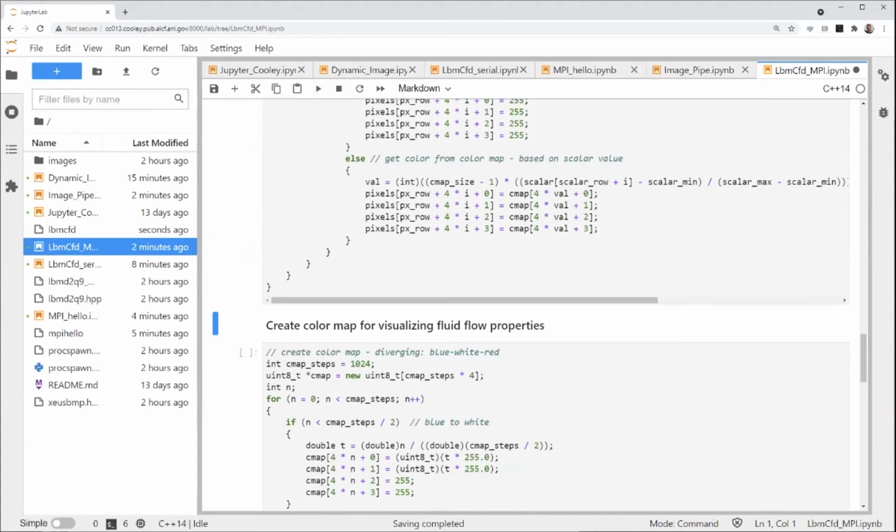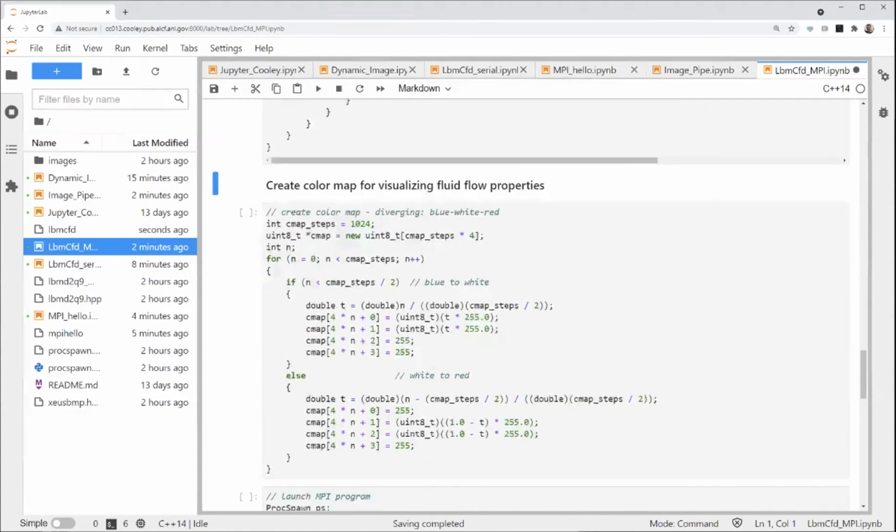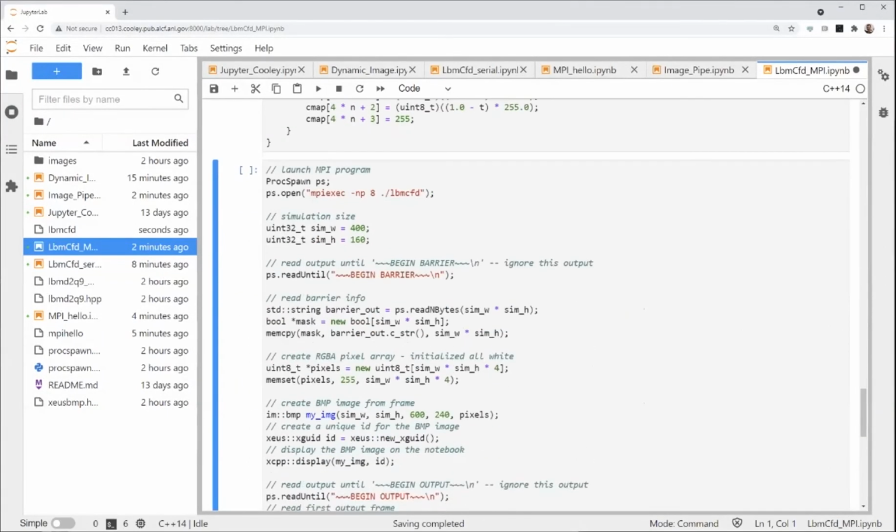The color map again is going to be that blue to white, white to red. And now the process that I'm going to launch is MPI exec. And let's do 8 processes this time. And we're going to run that program that we just compiled. So this is the exact same situation that we had before, except now we're going to do parallel processing for